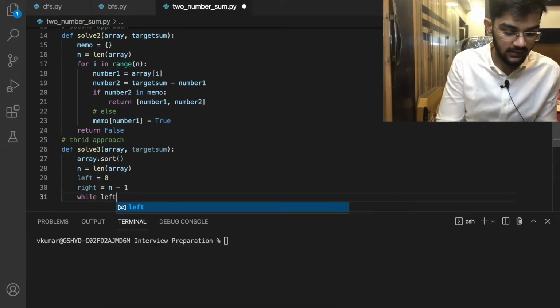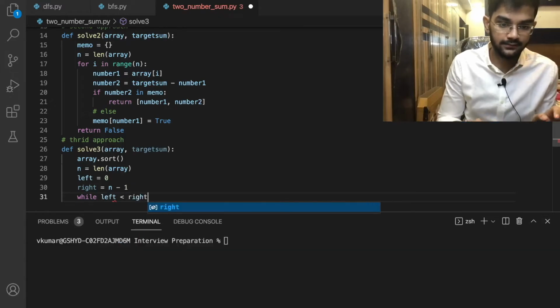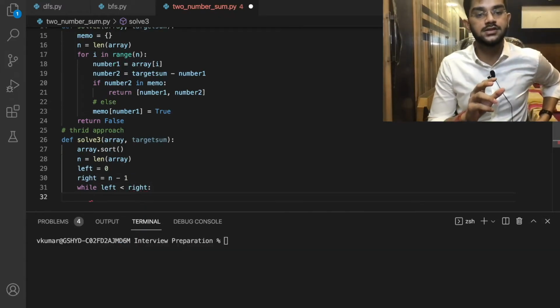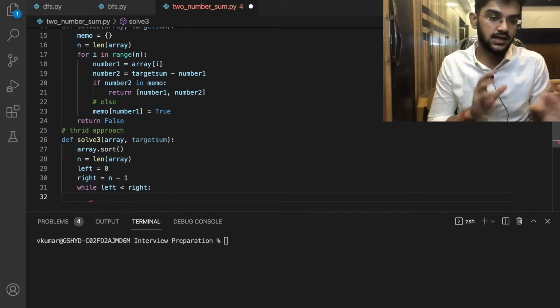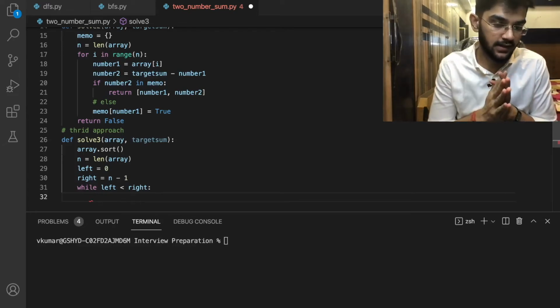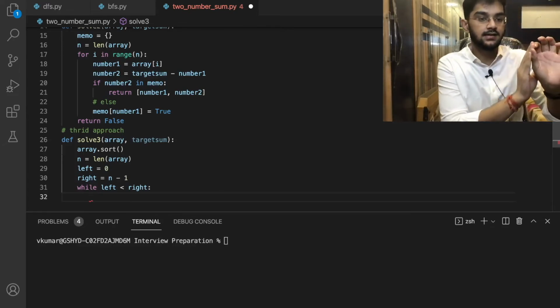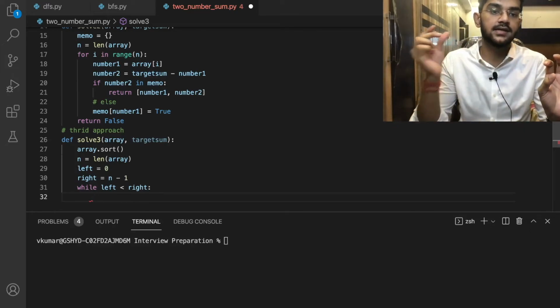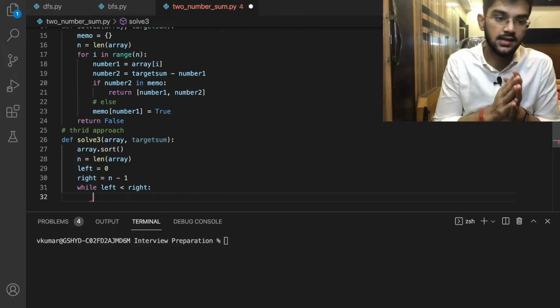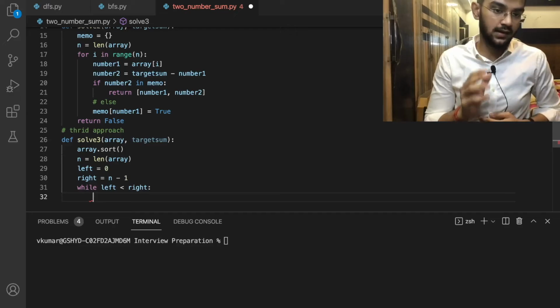So while left is less than right. As simple as that. I don't want to cross the left and right here because that will distort the property of the array, right? What if the right is at index 2 and left is at index 5? That won't make sense, right? So while left is less than right,